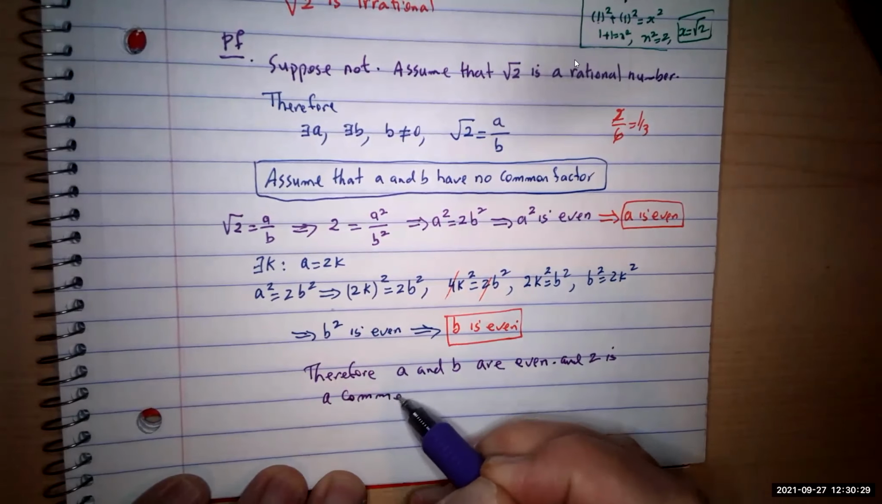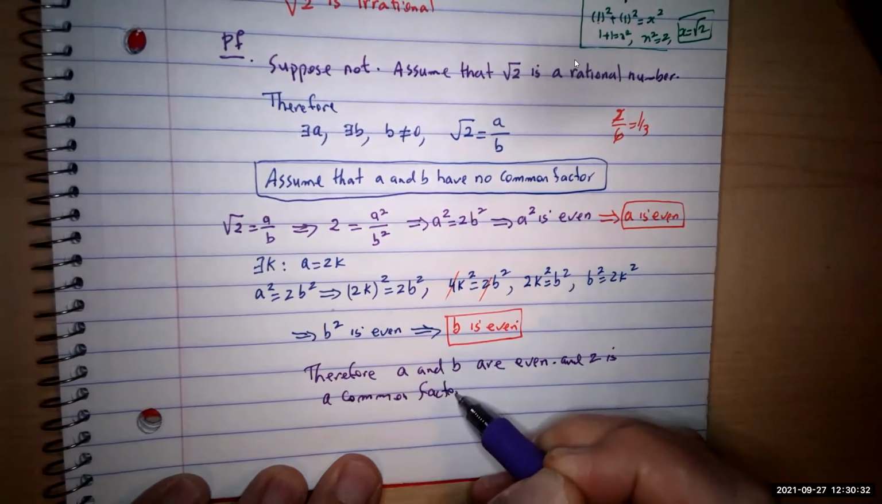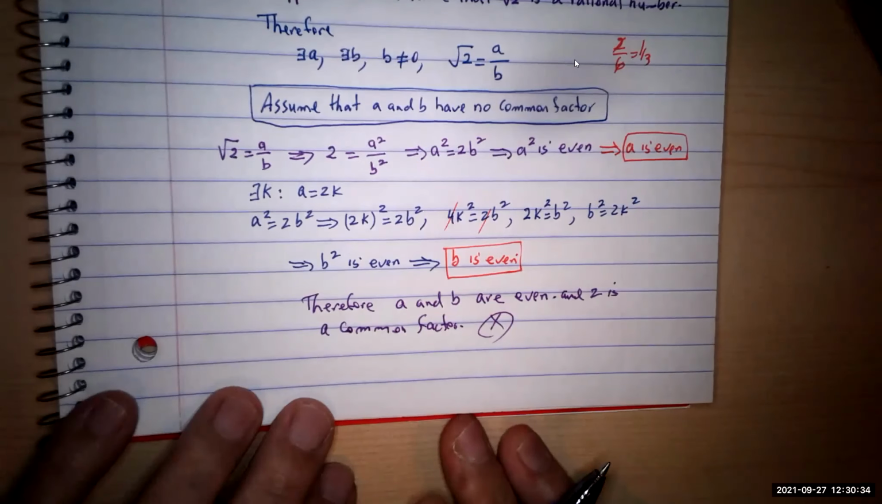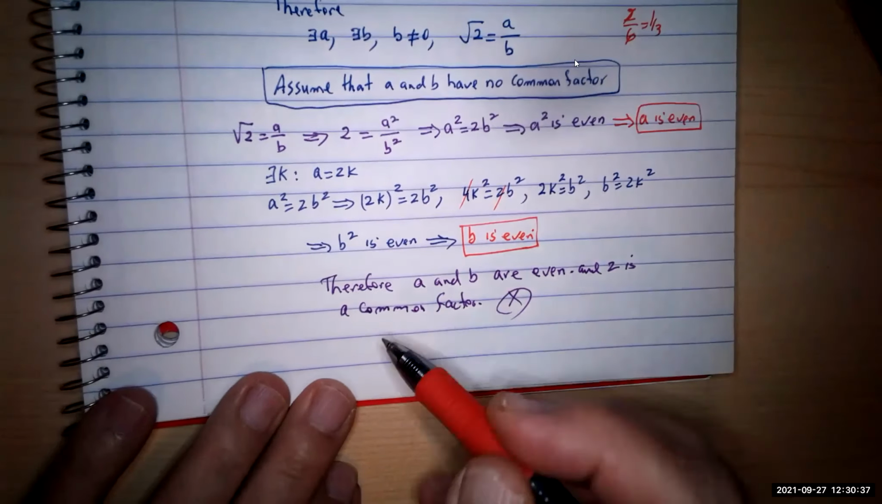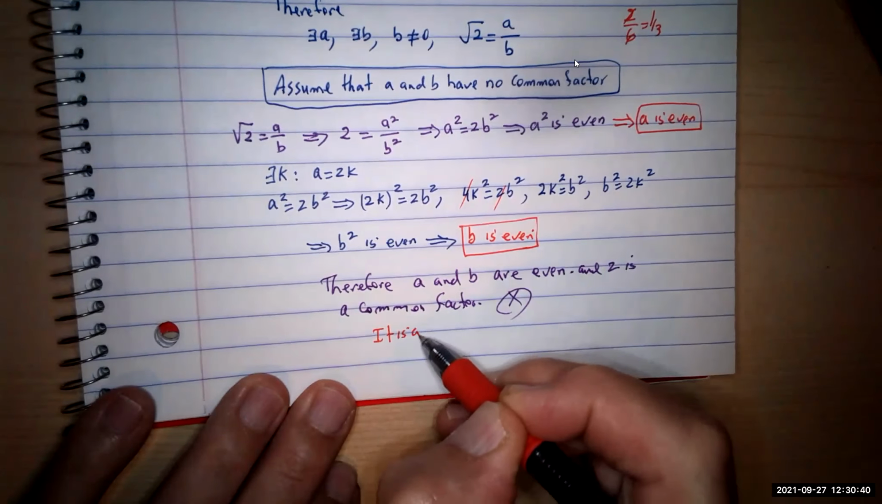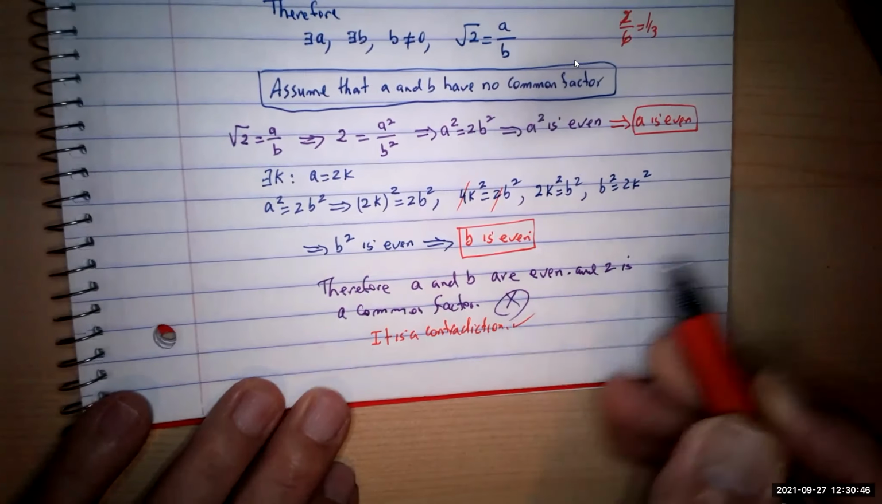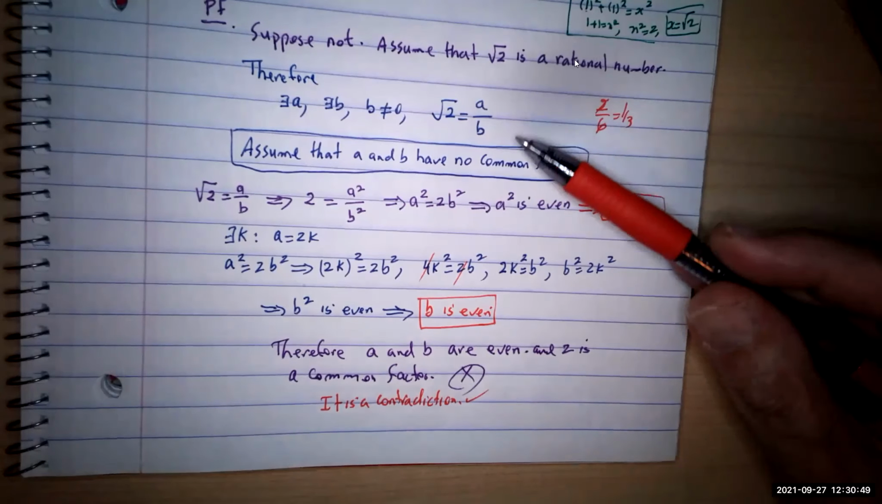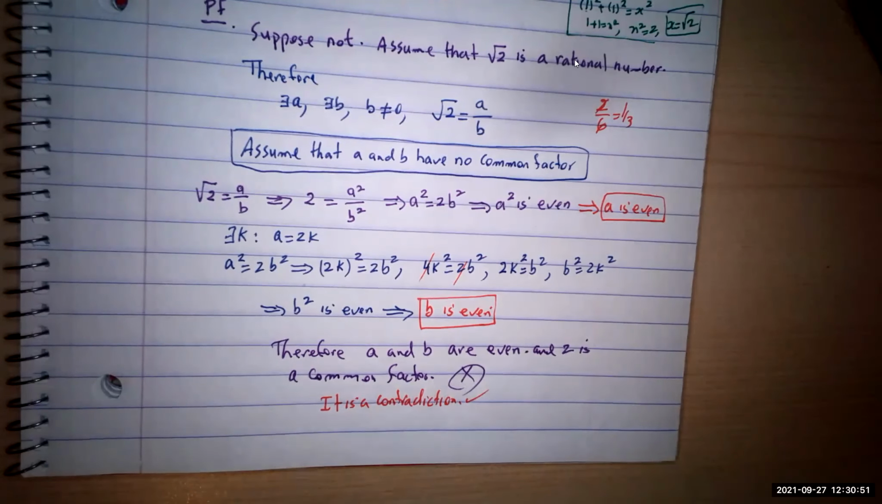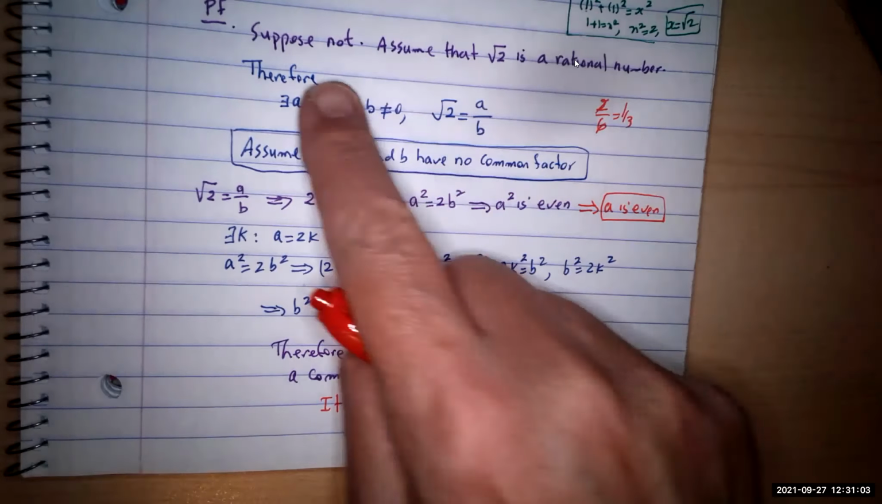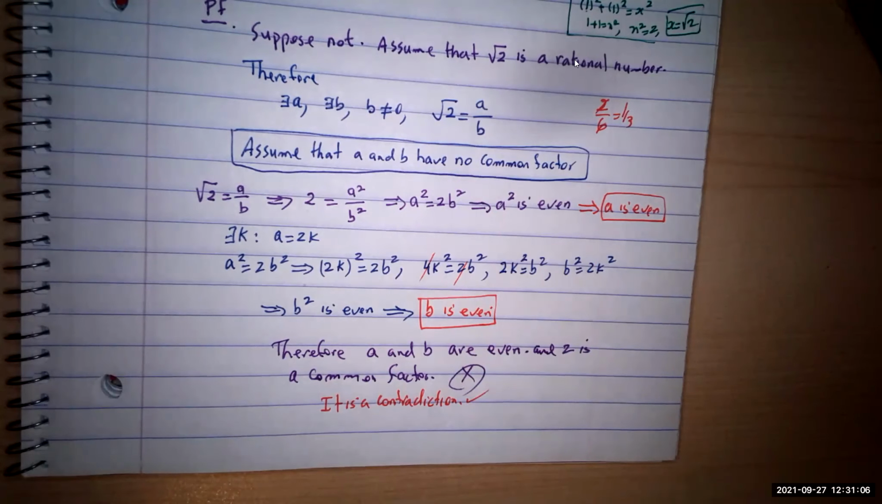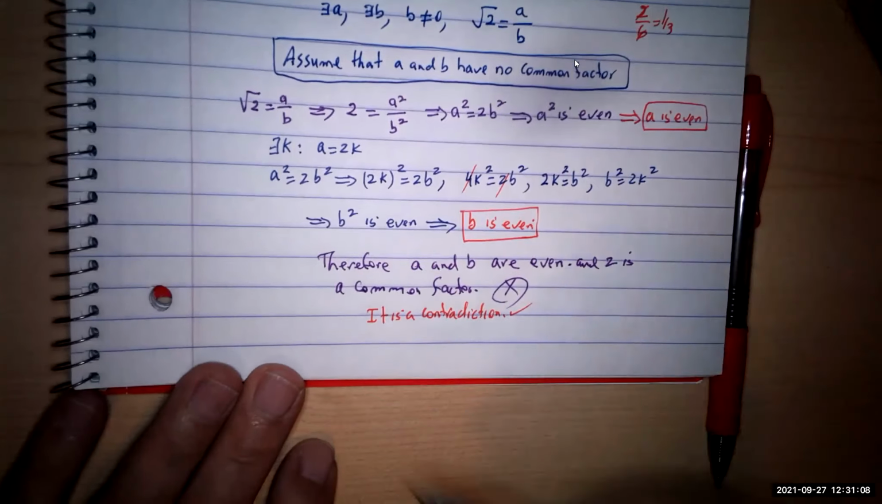Common factor. This is a contradiction. It's a contradiction because the line of argument was that a and b had already been simplified. So if it's already been simplified, they cannot both be even. Since we arrive at the contradiction, this means the actual result is always true. So we say that by contradiction,